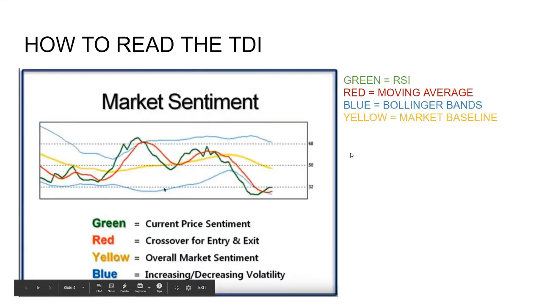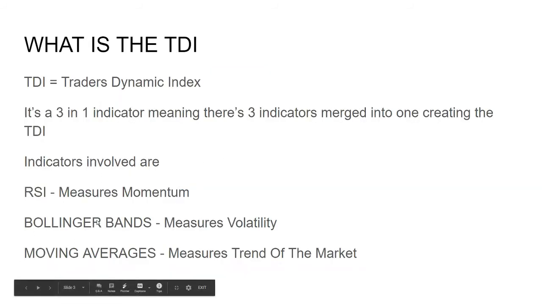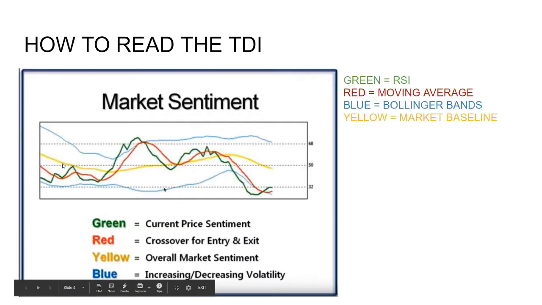So how to read the TDI? First off, let's identify what is what. This green line right here is the RSI. The red one is a moving average. The blue ones, Bollinger Bands 1 and 2, thing 1, thing 2, are blue, and the yellow market baseline right here is yellow. As you probably noticed, over here we talked about just 3 of them. However, the market baseline is basically the RSI line, which it is, but